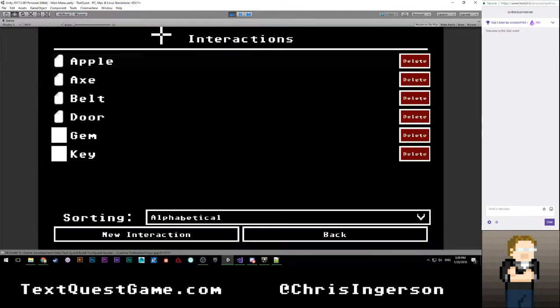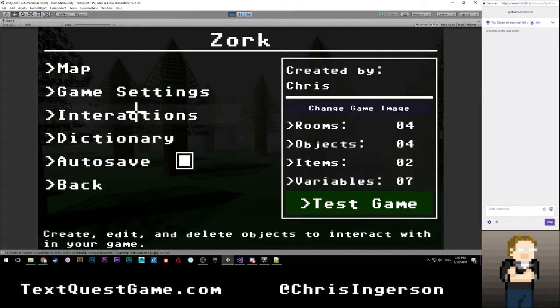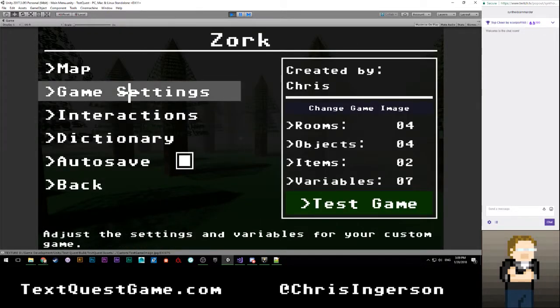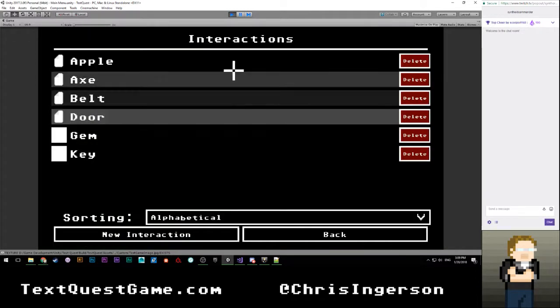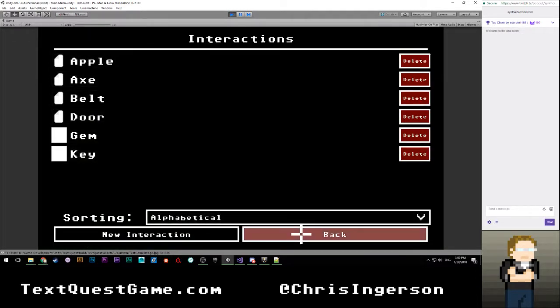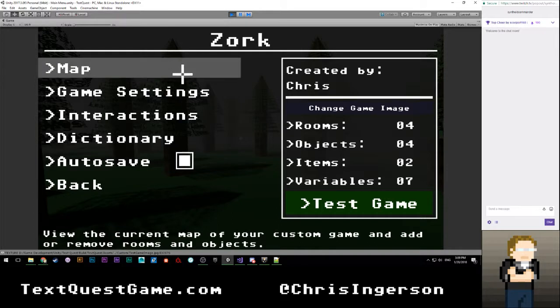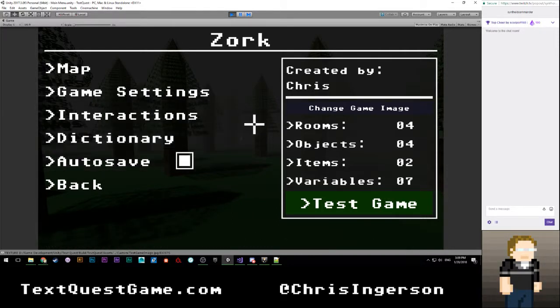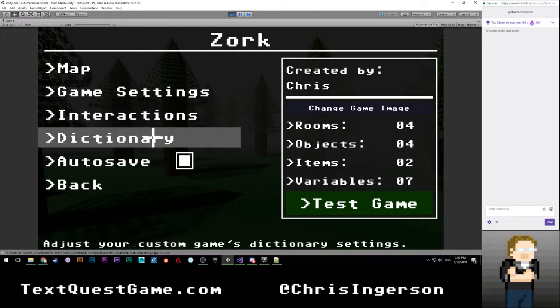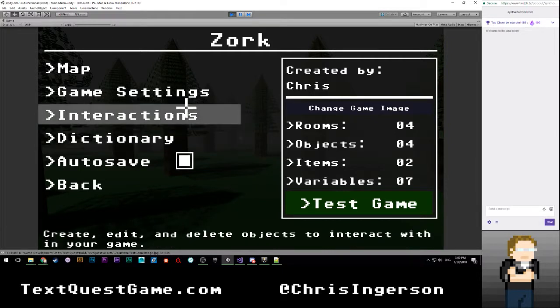So we have one for interactions, which again makes sense. See, so I'm thinking that really game settings and variables should be two separate things. So I would think that variables would be similar to our interactions view here, so it would be a very explicit thing. I still need to get it so that I can have the correct background sprite on all of this. So I guess variables, interactions, and dictionary would all be their own individual sections,